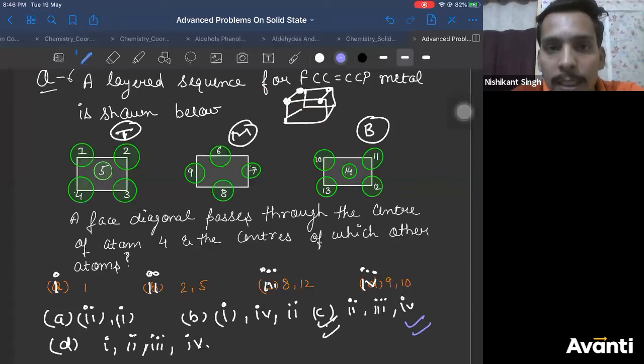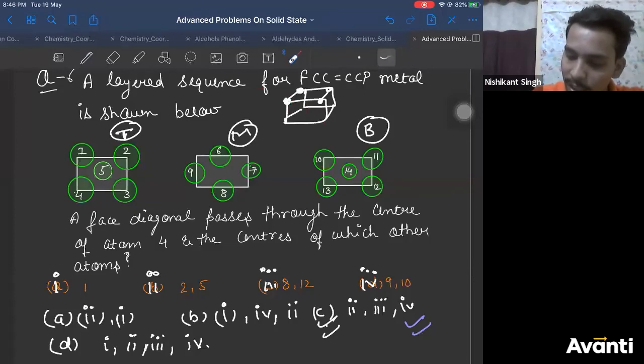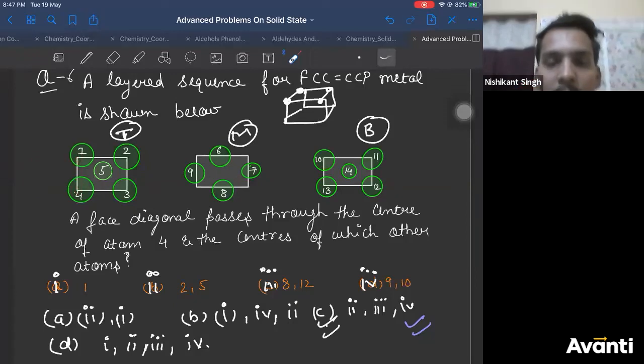Sanat, beta, answer is not D. Sanat, answer is C. First one is not representing the face center. Why? I'll show it to you. If you take 4 as your corner, so face diagonal through 4 will pass through 2, 5, right? Or here, or here, or here. Now 1, 2, right? First one is 1 and 2. That means it passes through 1. So that is wrong because face diagonal does not pass through 1. This is edge length. So first option is definitely wrong. This is not face center. This is edge length, a, right? So I hope this is clear.